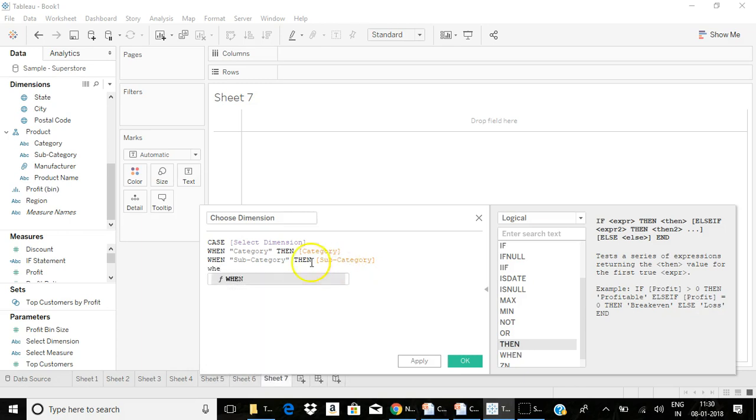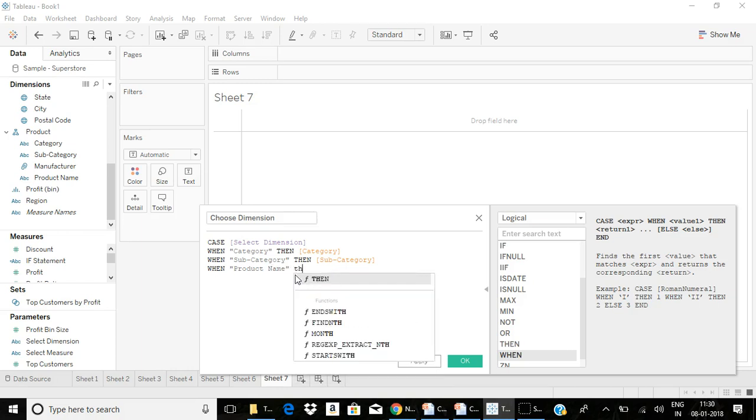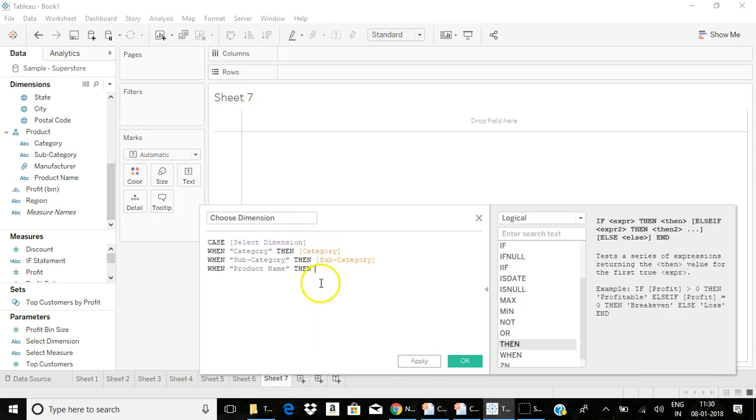When product name, then product name, end. So this is a logical case statement. It will test a series of expressions and return the results.